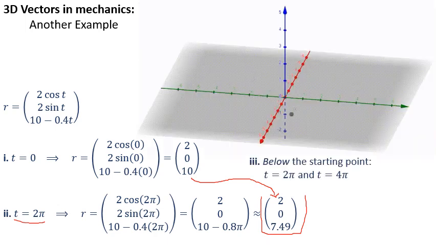Lastly, let's have a quick look at the picture of what's going on. It starts up high, and it's following what would look like a circle from above, but as we look at it in 3D, we can see that it's essentially spiraling down. This is a classic maneuver for